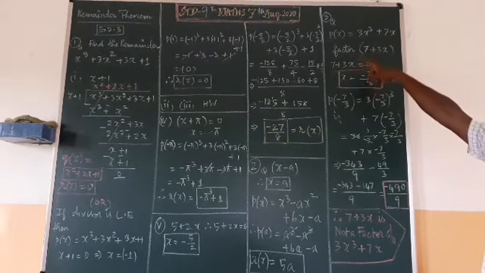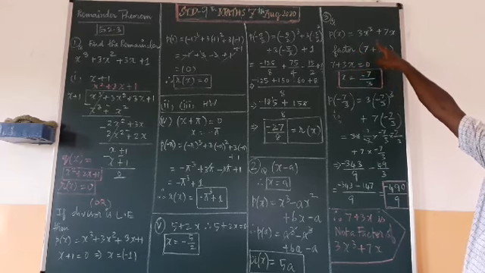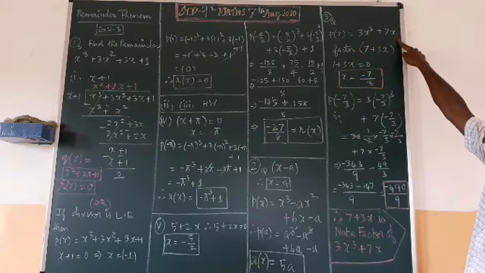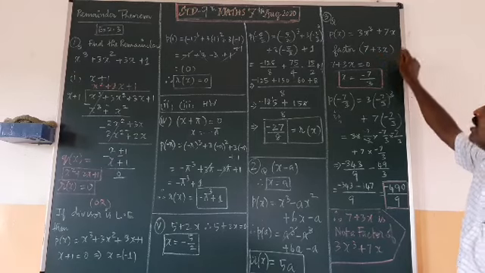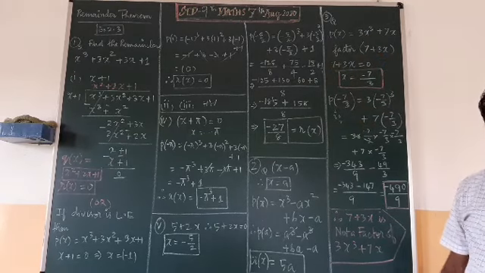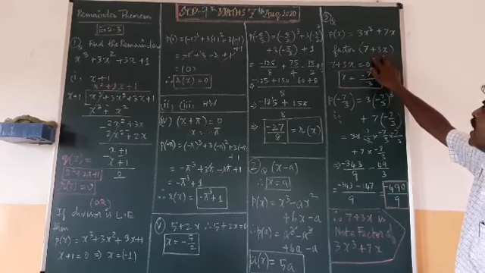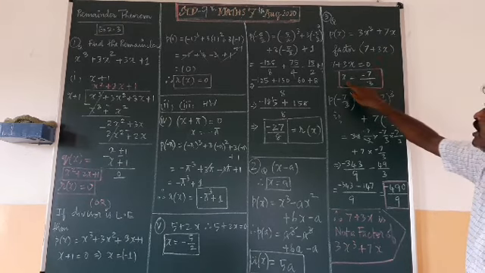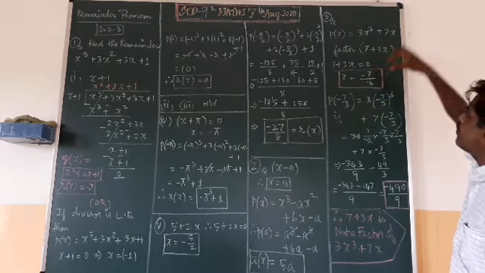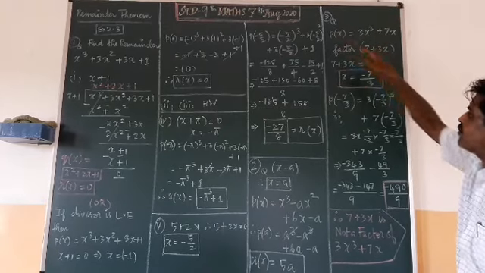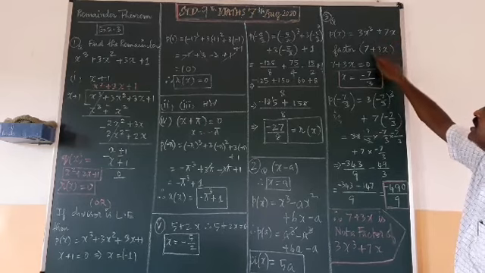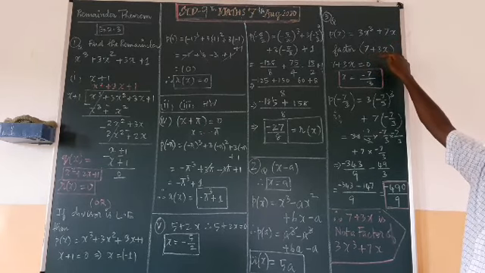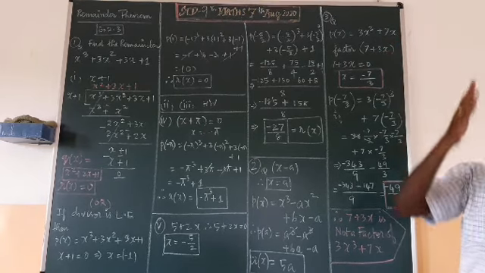Then third question, p of x is given as 3x cube plus 7x. They are asking whether 7 plus 3x is a factor of this polynomial. Factor of a polynomial means what? This value you are equating to 0, you get the x value. If you put this x value, p of x should be 0. So that is the condition. If it is 0, it means 7 plus 3x is the factor.